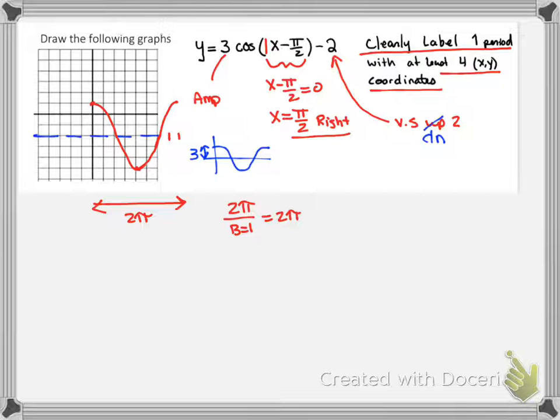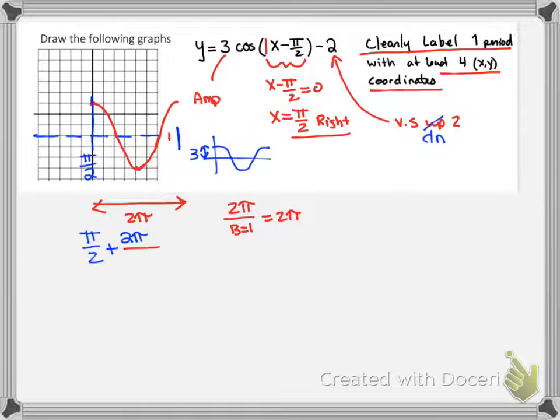So instead of moving everything over to the right, I'm going to kind of cheat through this and say, hey, this is, instead of being 0, this is pi over 2. I'm just going to label it to take care of my shift. But the important thing then is I have to get the ending value correct. So if I start at pi over 2 and I add a period of 2 pi,